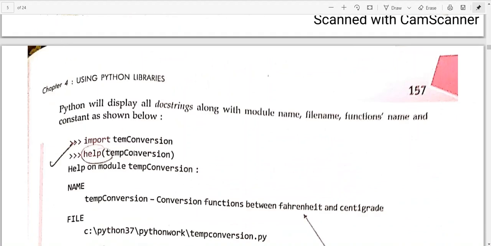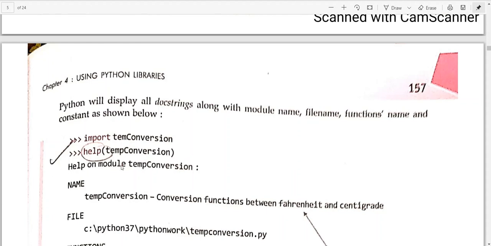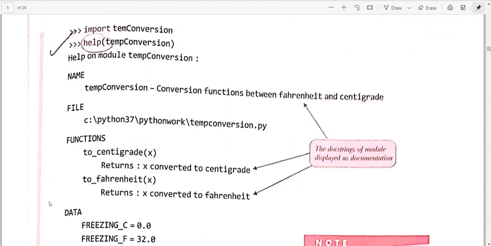When you write import temp conversion, the module that we have just created will be imported in the file we are trying to use now. And help temp conversion will give the information about what all this module includes, so that before we use it we have knowledge about it.